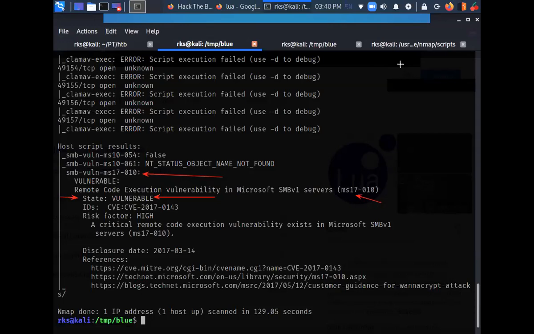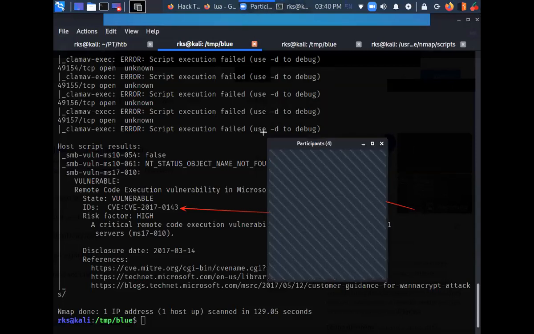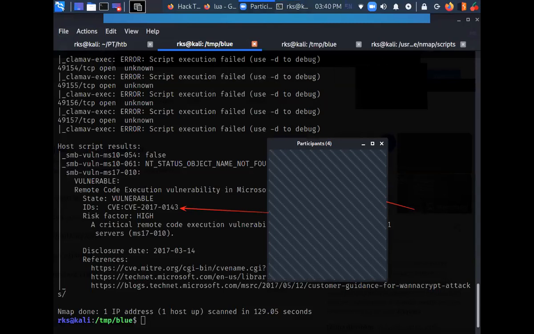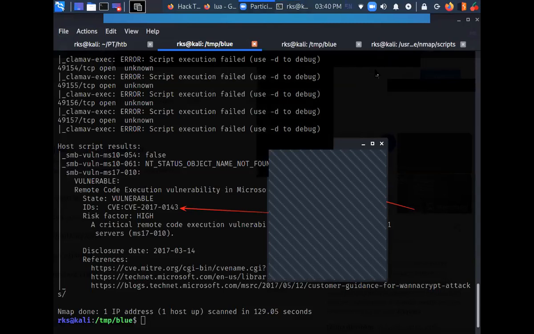SMB, right? SMB is the service. Eternal Blue.